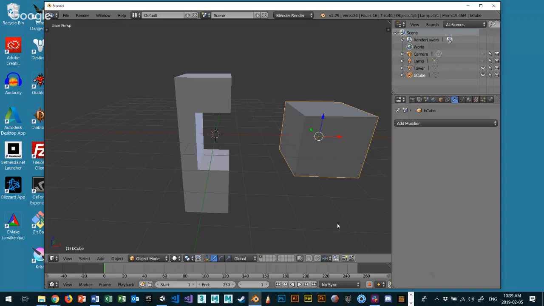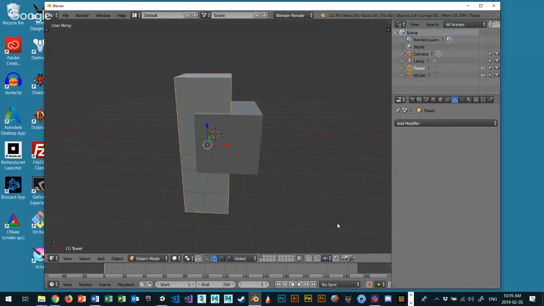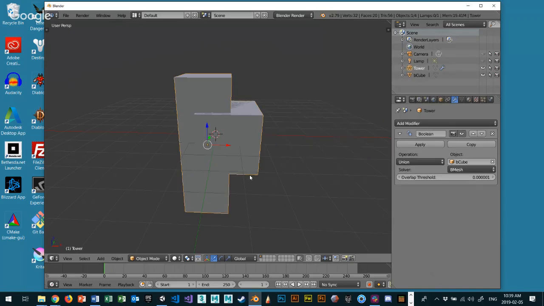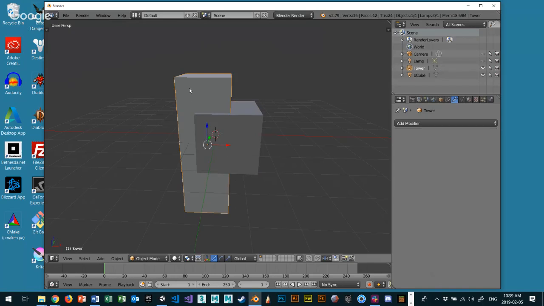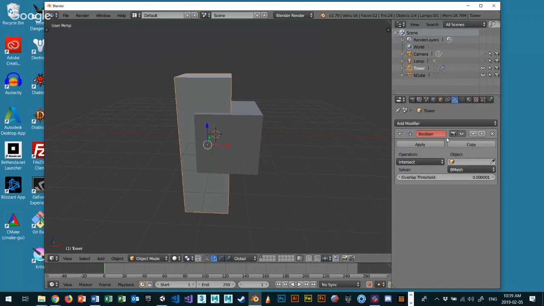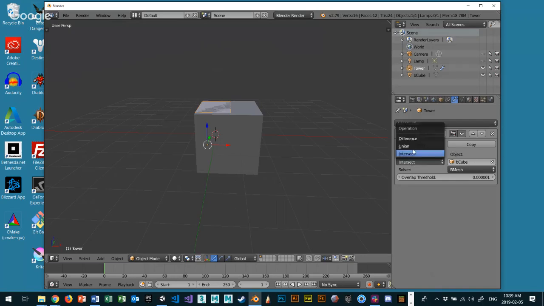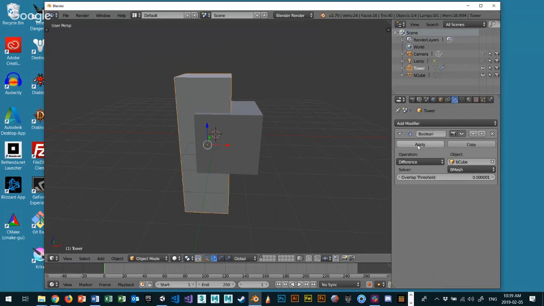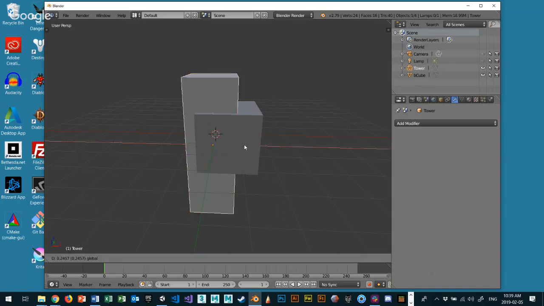Can we do it again? All right, so I went here to the tower itself, right? I clicked on this little wrench icon, and then from there I choose Add Modifier, Boolean, and then under the object where it says Object, I want to choose my object, which I've named B cube. I'm going to choose B cube, and then instead of intersect, I want to choose difference, and then click Apply. And when I do that, if I pull this away,